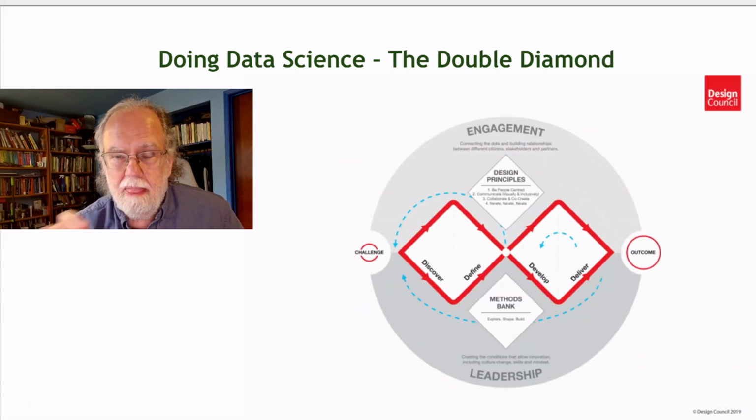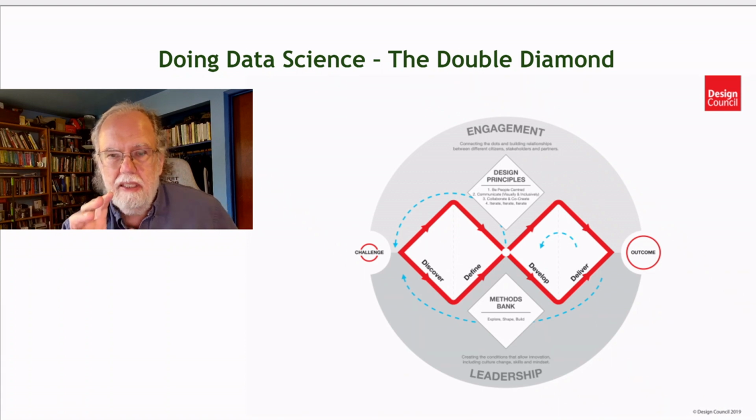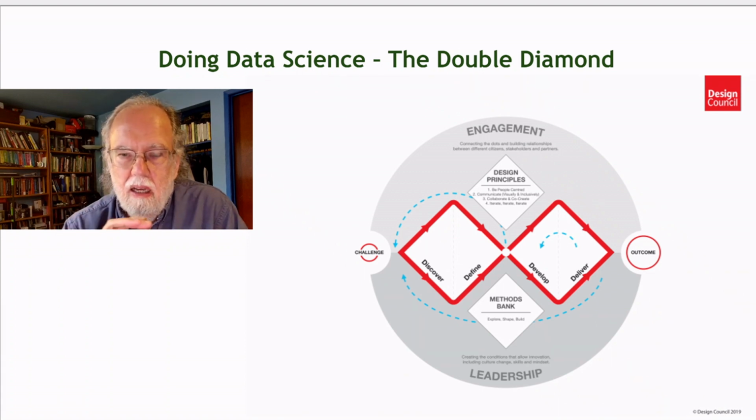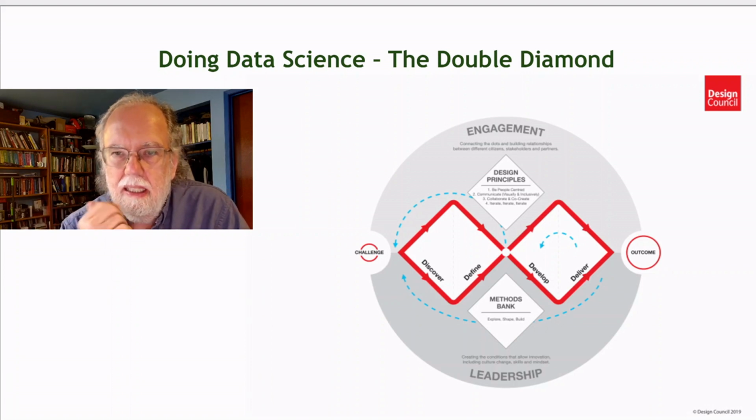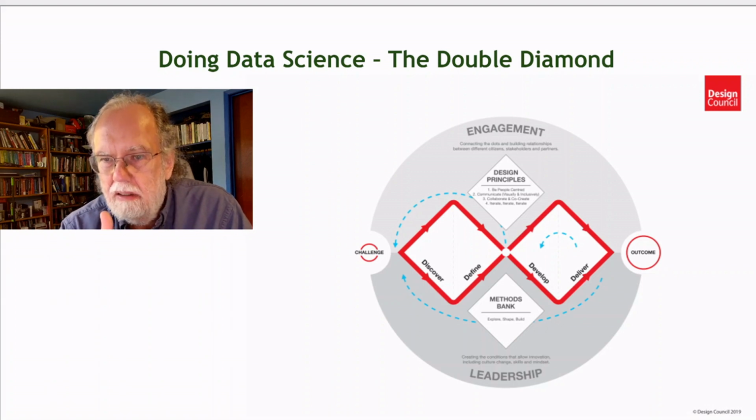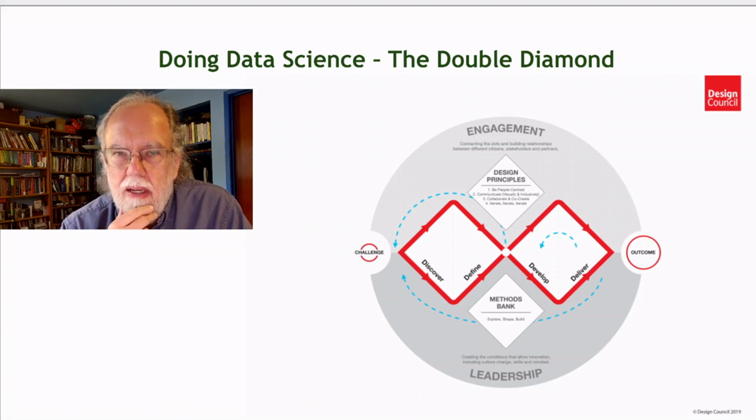Well, that's the double diamond. All the stages, all the ideas on how we can apply this to data science. And there's a lot of things like intuition, thinking in terms of the customer, thinking in terms of user segments and personas that we don't do now, and I think we'll have to start thinking that way. I want to continue exploring the relationship between